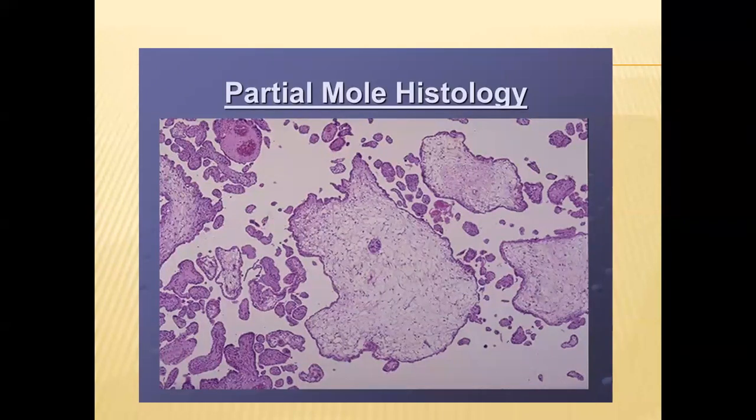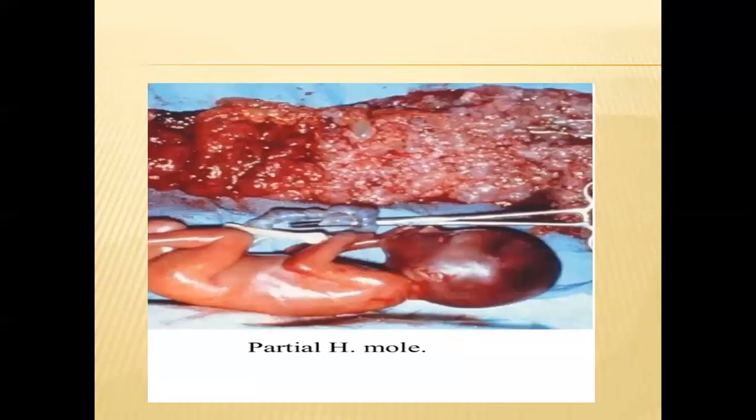हाइपरप्लास्टिक होता है। तो ये डिफरेंस है पार्शियल और कंप्लीट मोड में हिस्टोलॉजिकली। अब ये देखें, इसमें आपको फीटस भी दिख रहा है और मोल्स भी दिख रहे हैं। तो उसके अंदर कोई फीटस प्रेजेंट नहीं होता कंप्लीट में, इसके अंदर जो है वो फीटस भी प्रेजेंट हो सकता है पार्शियल के अंदर, क्योंकि इसमें नॉर्मल ओवम इज फर्टिलाइज्ड बाय टू स्पर्म। लेकिन ज्यादातर फीटस जो प्रेजेंट होगा उसके अंदर मैनी मैलफॉर्मेशन होगी, मैनी कंजेनाइटल एनोमलीज होगी, और ज्यादातर जो है वो इट इज मोस्टली डेड एट द टाइम ऑफ द